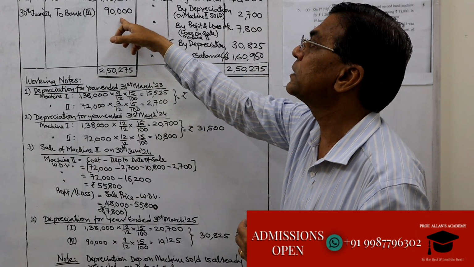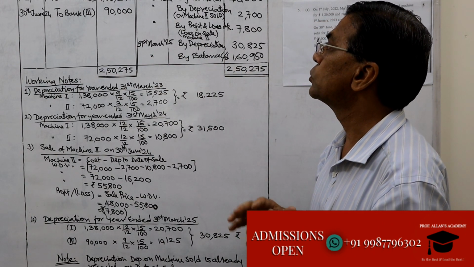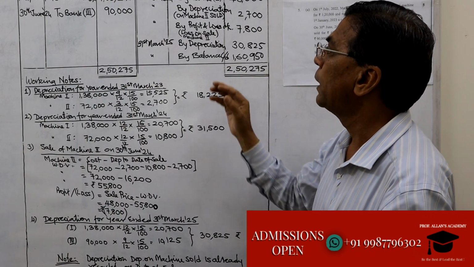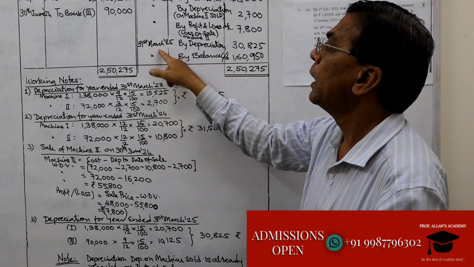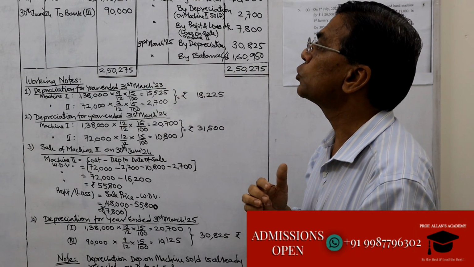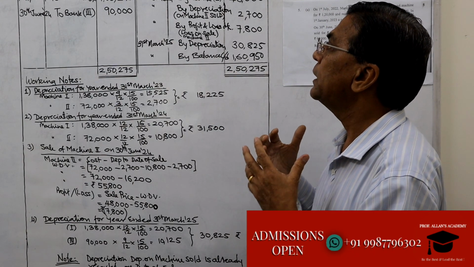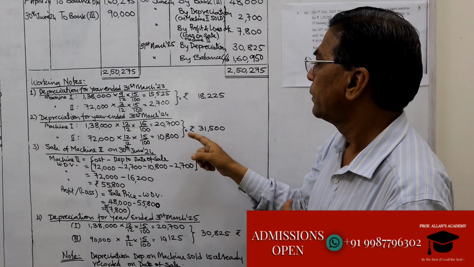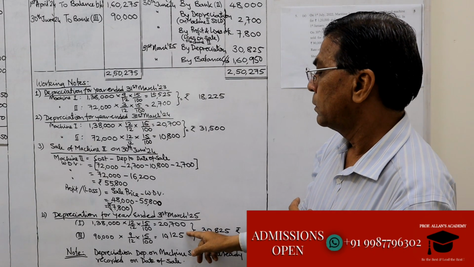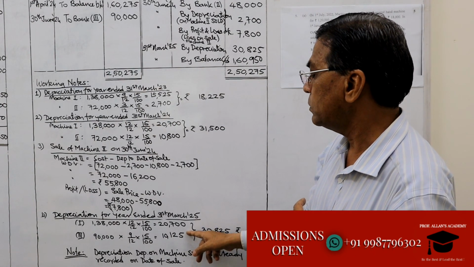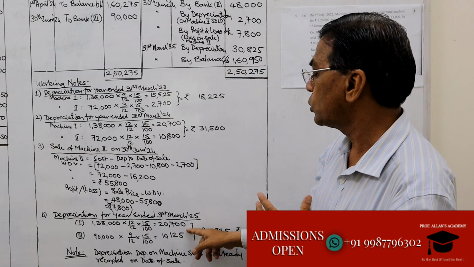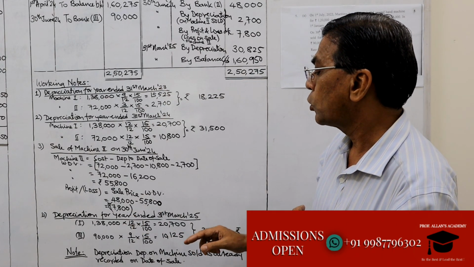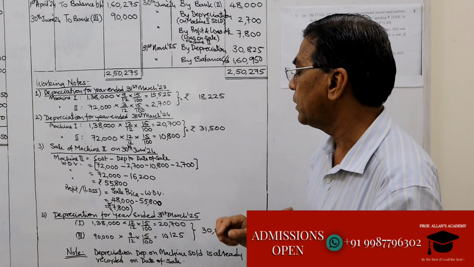The cost of this asset is 90,000. So we have recorded the purchase and the sale for the year 24-25. Now, at the end of the year, 31st March 25, I will calculate the depreciation on the assets. Asset number 1, cost 1,38,000, used for the full duration of 12 months, 20,700. Asset number 3, cost 90,000, used for the period of 9 months,